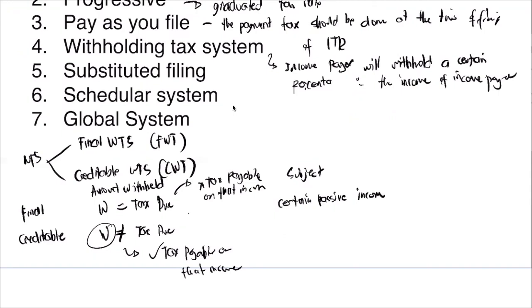So when we say passive income, this is an income earned that the income earner did not participate in earning that income. So wala siyang ginawa, pero kumita siya. So for example, interest. Wala naman siyang trinabaho at all, pero kumikita pa rin siya ng interest. Okay? Another type of passive income is a dividend. So wala naman siyang ginawa. Nag-invest lang siya, pero kumikita siya. So hindi siya nagtrabaho on the earning process of the dividend, pero meron pa rin siyang dividend. Gets? So that is a passive income.